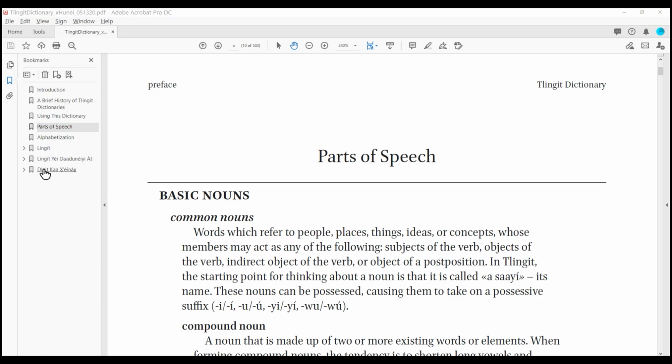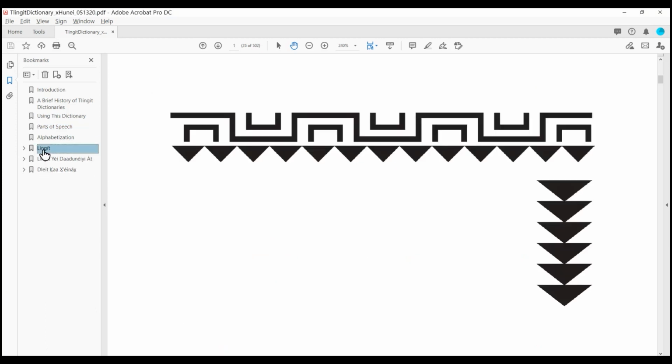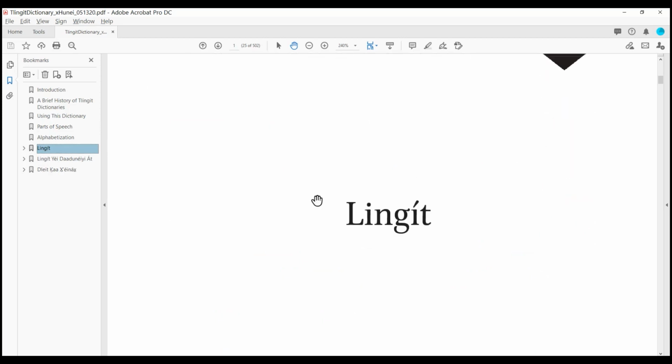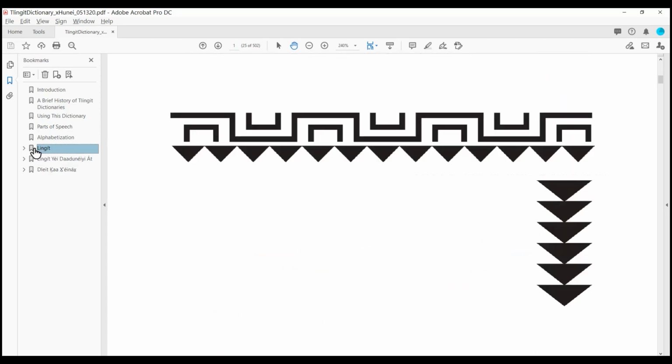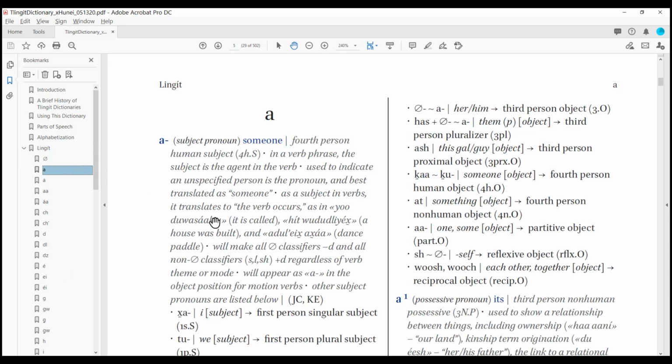If you hover over the word Tlingit and click it, it takes you to the title page for that section. If you look to the left of the Tlingit bookmark, you can see this little arrow. When you click it, it opens up a whole group of bookmarks. So if we select one of these bookmarks, the A bookmark, you can see that it takes us to the head or the beginning of entries that start with the letter A. Now this Tlingit section represents parts of speech in Tlingit, things like particles and nouns and adverbs, but it doesn't